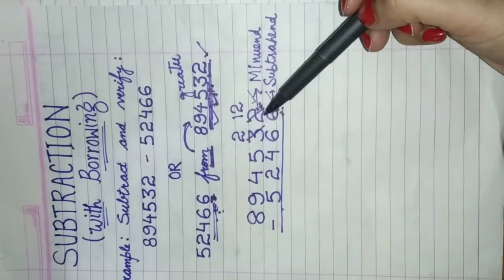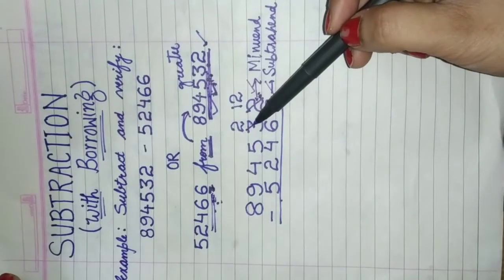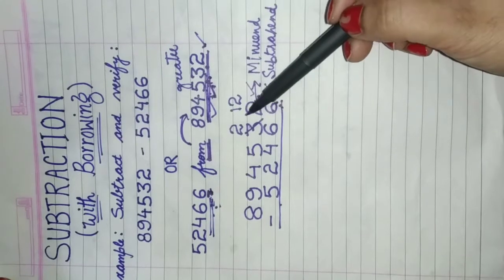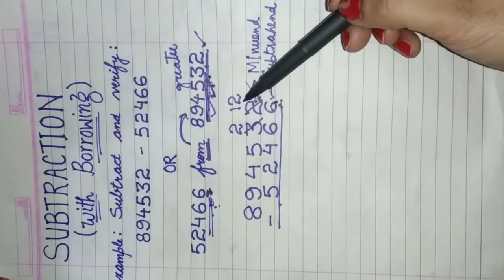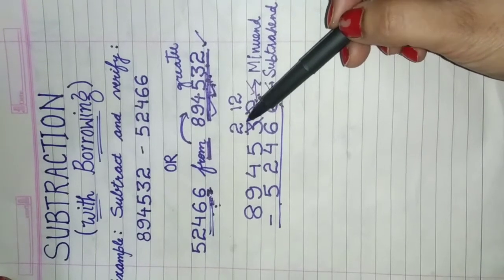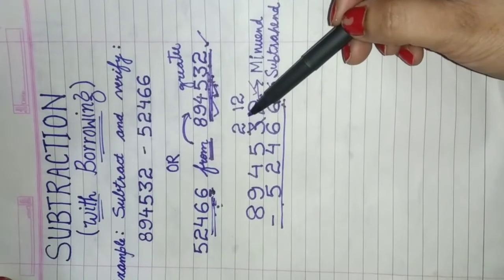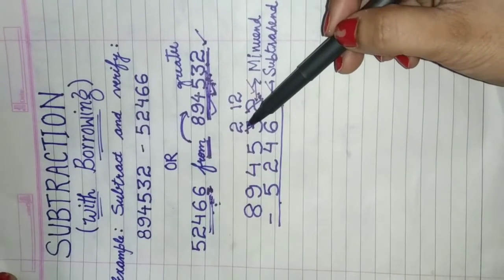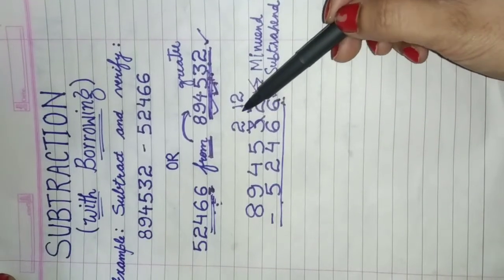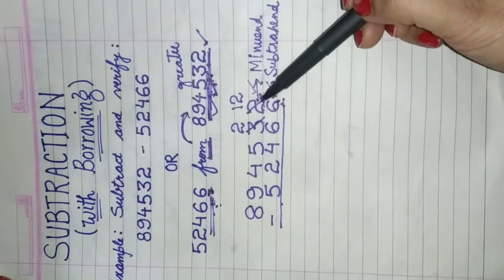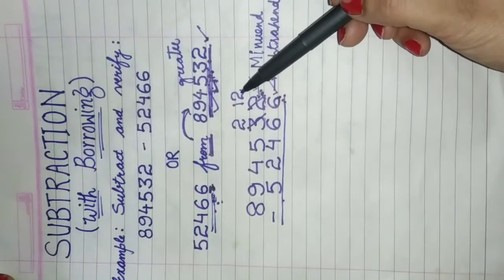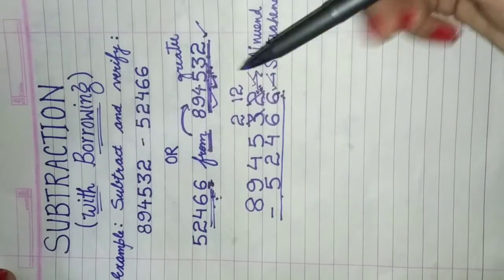Children, listen to me carefully. It has not basically given 1 to this one. It has given tens to the digit 2. Then it is 12. Why? Because if you move from ones to tens place, there is a difference of 10. If you move from tens to hundreds, there is a difference of 10. It means the number is giving tens to the number 2, and only then it is a bigger number. So we subtract: 12 minus 6 is 6.